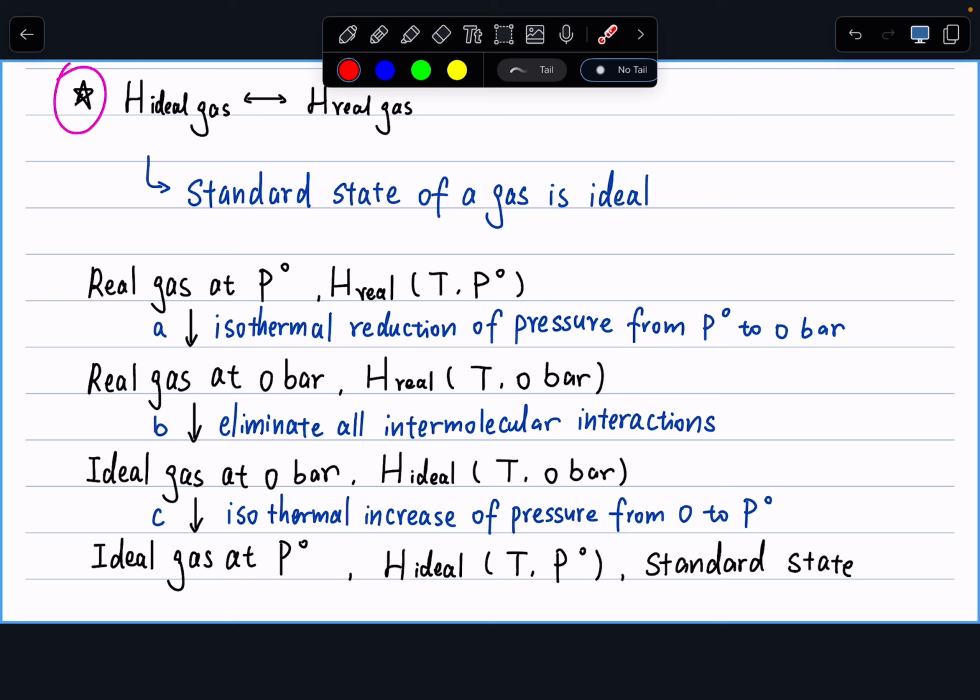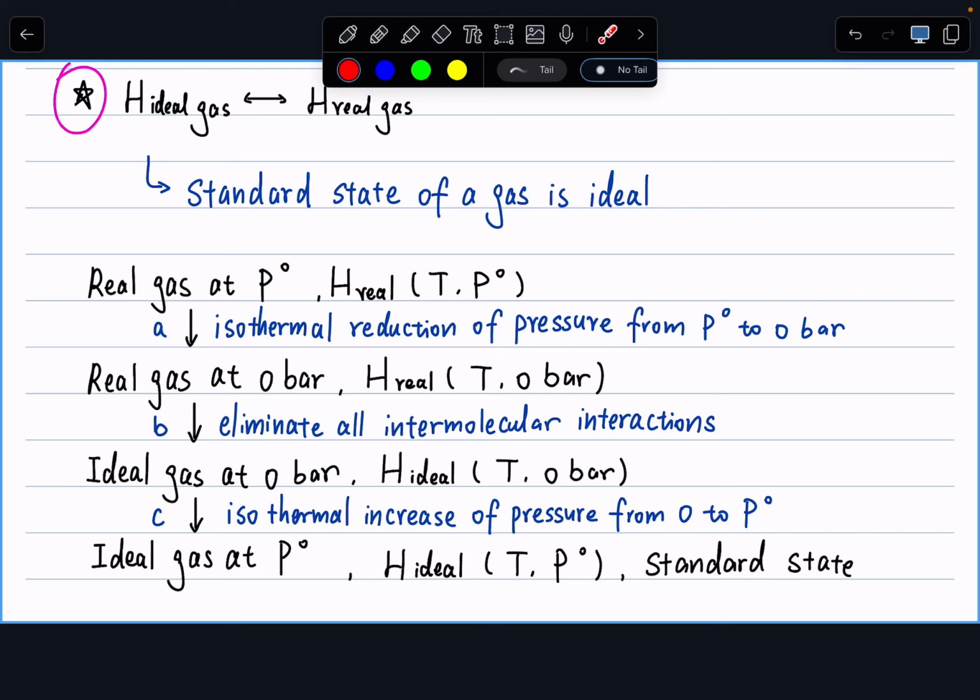All right. And why do we care? Again, the standard state of my gas is ideal, so we want a way to calculate what is the difference between a real gas and an ideal gas. The way to think about it, the actual logic behind this, is thinking about in what condition my real gas and ideal gas are effectively the same. So what is an ideal gas? An ideal gas is one in which there are no intermolecular interactions between my gas molecules, right? So when my pressure is approaching 0, my gas will behave ideally. That goes all the way back to chapter 1 when we talked about the Charles experiment.